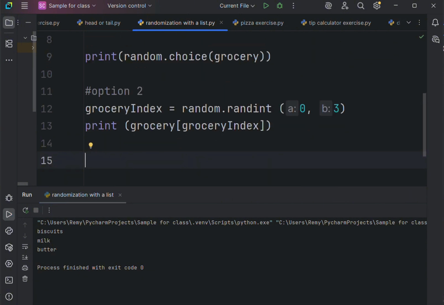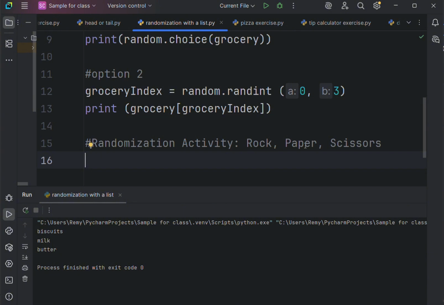So now let's proceed to our activity for randomization activity. This is called rock, paper, scissors. I know you already know this game. So it's like playing against a computer. So I want you to create an app that a player will choose from rock, paper, and scissors.